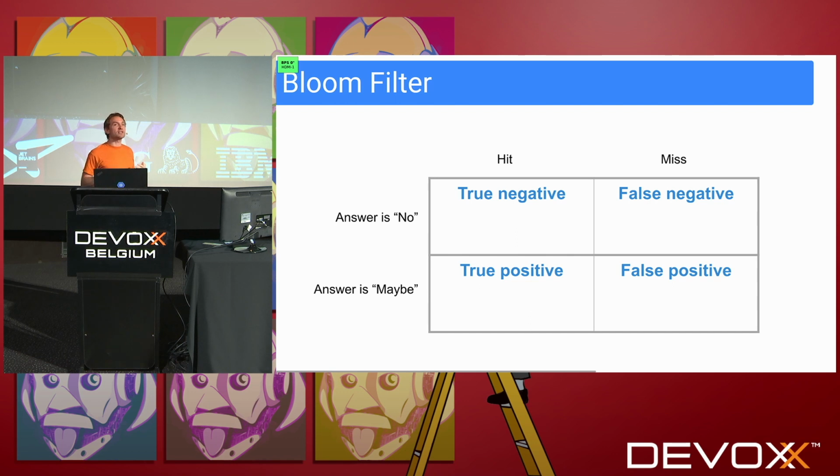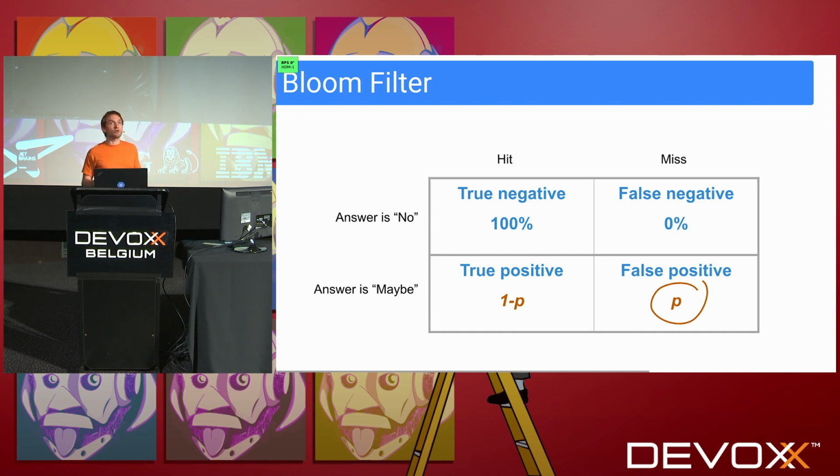Of course, the goal is to be as relevant as possible. As we've seen, when the answer is no, we are sure that it's a categorical no. There is a 0% chance of saying no by mistake. However, when the answer is maybe, there is a probability P that the element has actually never been seen before. So it's a false positive. I answer maybe, but actually it's not in the set, I've not seen it. So there's a probability 1 minus P that the element is indeed in the set. That is a true positive probability. What we want to minimize is P, and everything else will follow.